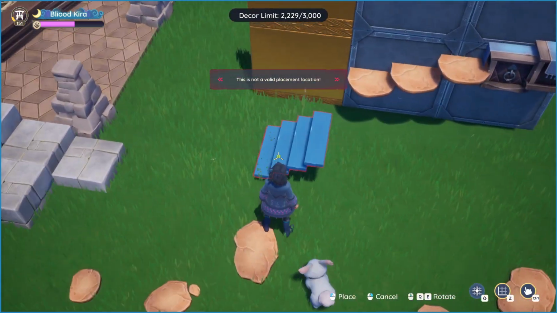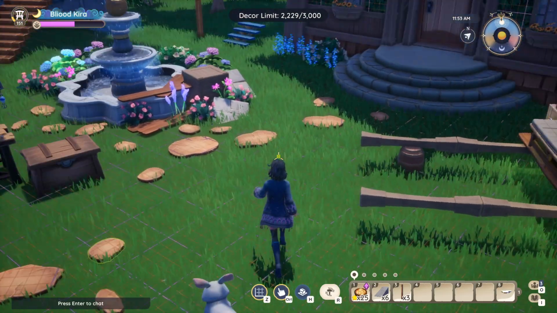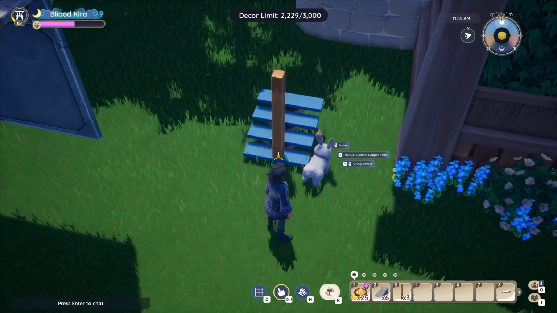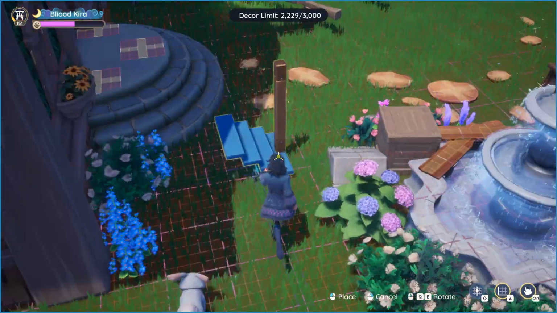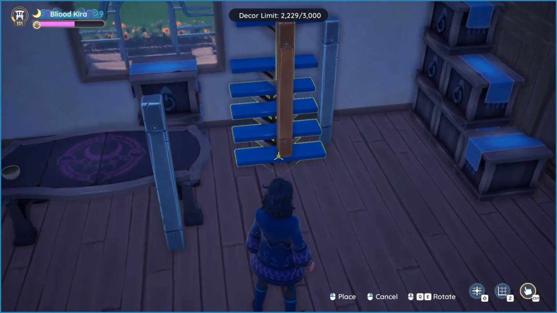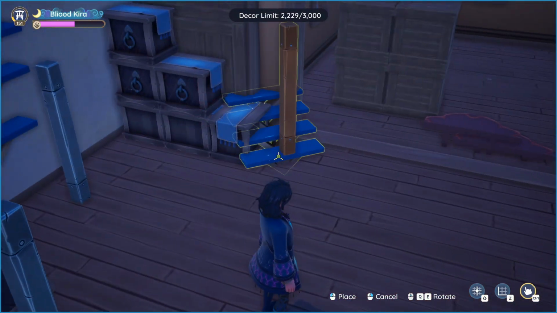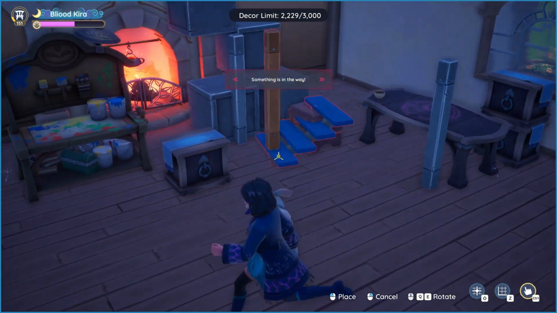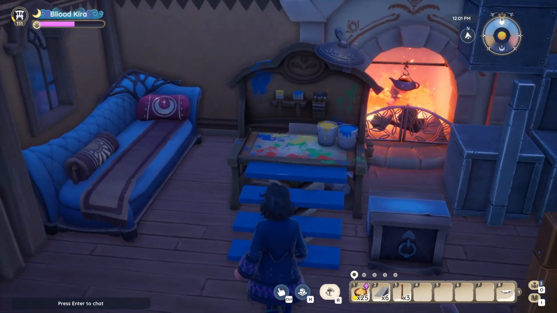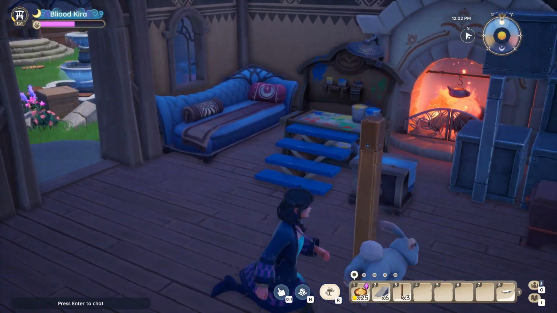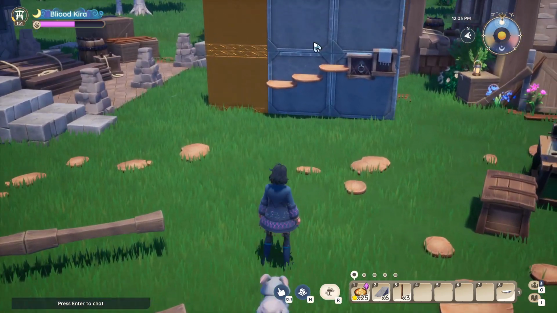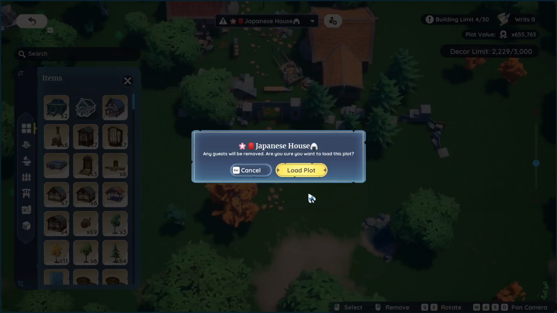So yeah, you can have stairs like this and then you can move them, though not like that. You can move them by adding a pillar over here and then group selecting, and then you can move them wherever you want, even inside the house, wherever you want to add them, and you're gonna have a bunch of stairs that are pretty cute. I actually used these stairs in my Japanese house. I'm gonna show it really quick,